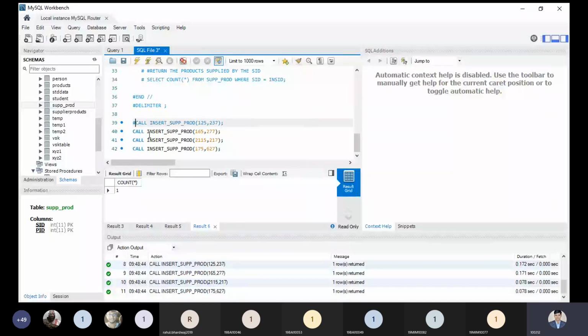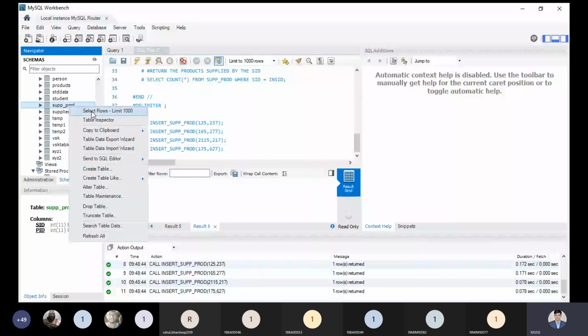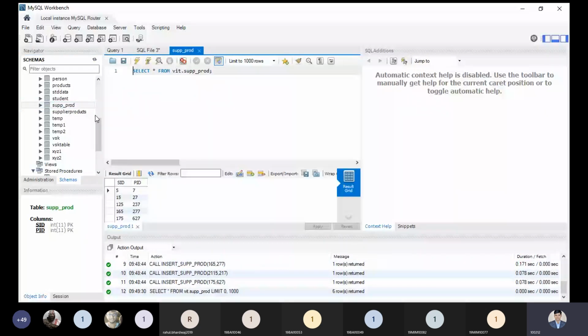Let me use this one. Everything is okay, it's normal code, it is working. But where is the exception? Instead of doing so, let me show you the table's data once again. Here we have 6 records: 1 2 3 4 5 6. One record is not showing over here, but it's 6 records. The four we inserted later on; before that we inserted 2 records.